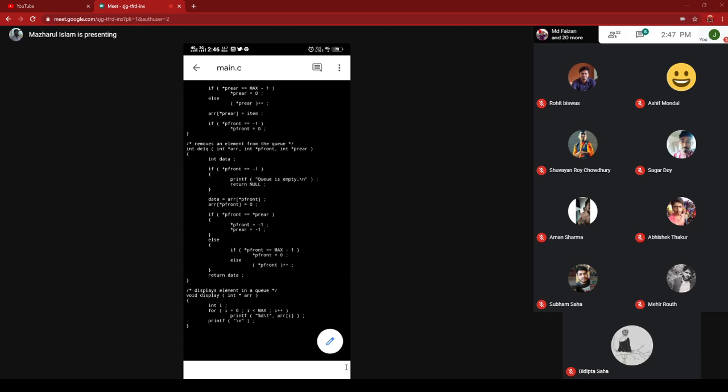Okay, within the else block there is an if else. If p front equal to max minus 1, you are deleting the last location, then you have to come back to the first location for further deletion in the next delete function call. Otherwise, the else part within the else block will be executed. Now is this clear to you or not? If you do not understand any block of code, just tell me. Take your time.